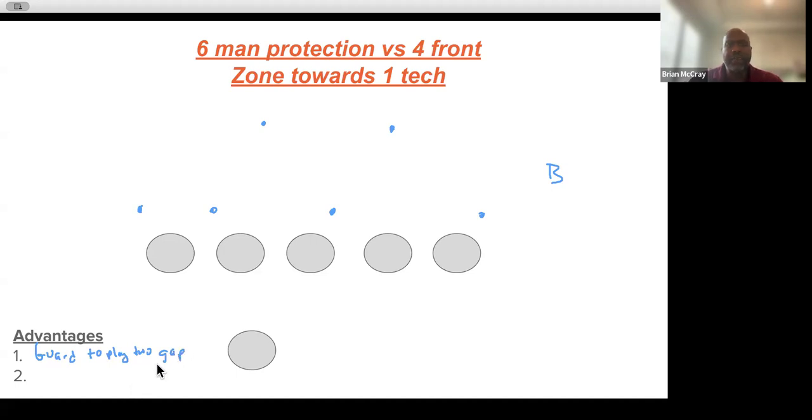And that's important. I can have the guards play two gaps. So again, boom here, and he helps here, and then he goes B, and then he comes out for D. And this guy is still here if this guy decides to come off the edge. Second factor is that the running back has an easier time to pick up blitzes